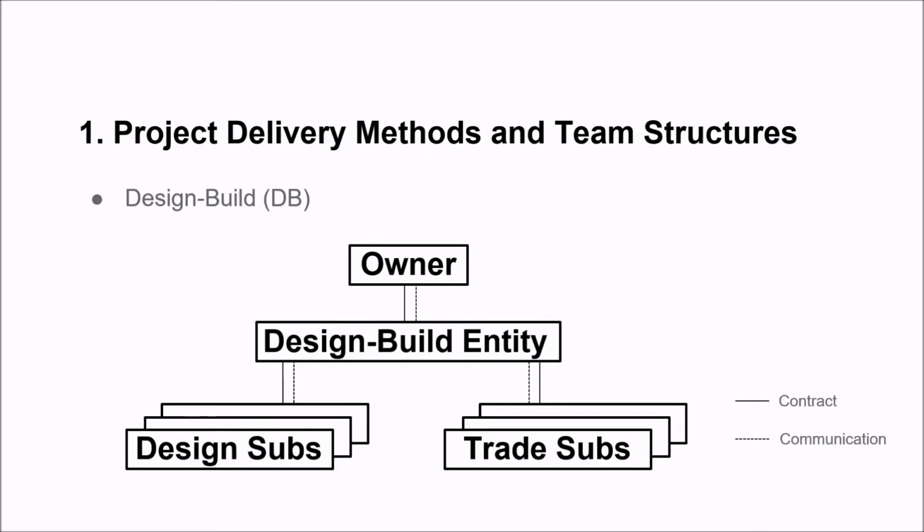Edward Pabor and Richard Pennington explain the pros of DB are that the, quote, contractor is selected based on qualifications, capabilities, experience, and price, thus avoiding some of the pitfalls from contract awards solely based on low price. The design and construction are performed by a single team under one contract. This reduces the owner's risk from diffused responsibility for design and construction.